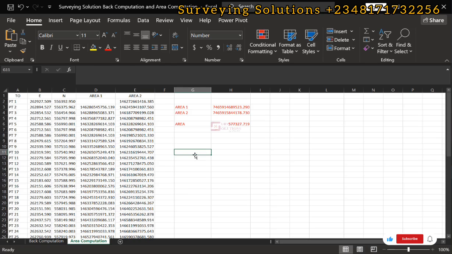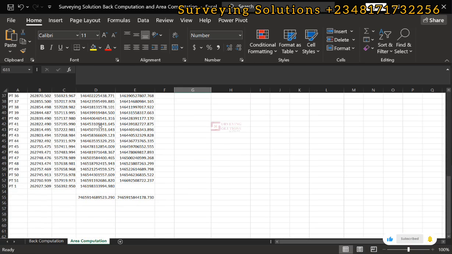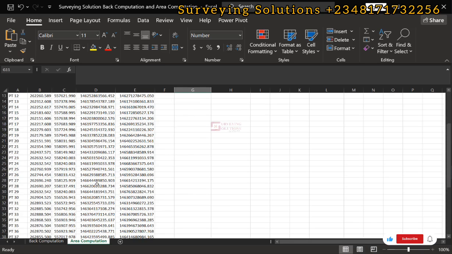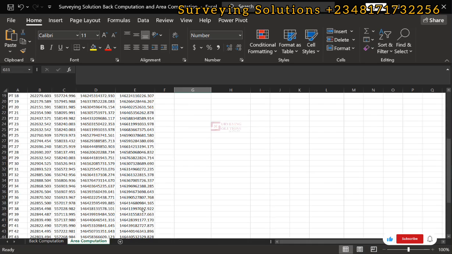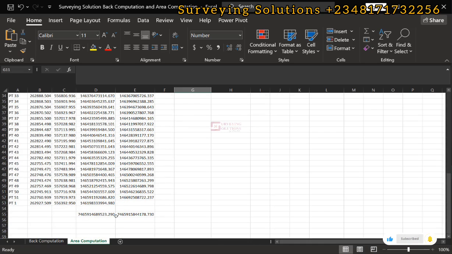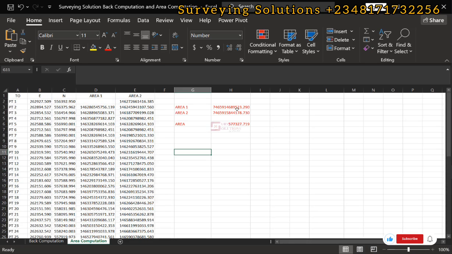So having done that, we are going to add all our area 1 together, and then we are also going to add all our area 2 together, right? Good. So we have it at the end of area 1 and area 2, but we thought that perhaps if your data set exceeds what we have used for the demonstration, you can always have it by the side, right? Good. So this will now be equal to